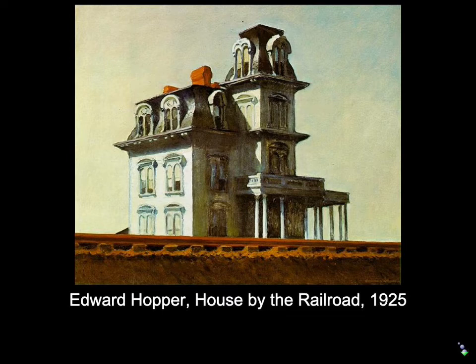So let's start with this painting, House by the Railroad. This is hands down one of the iconic American paintings of the 20s. And in fact, critics that wrote about Hopper raved on about his ability to capture the soul, the sensibility of American life in the 20s. And one of the things they actually emphasized was a sense of isolation, even loneliness, a kind of silence, kind of an American reluctance. And I think he gets that very beautifully here.